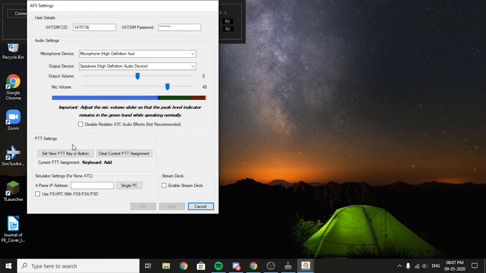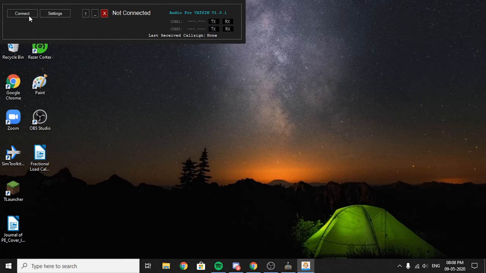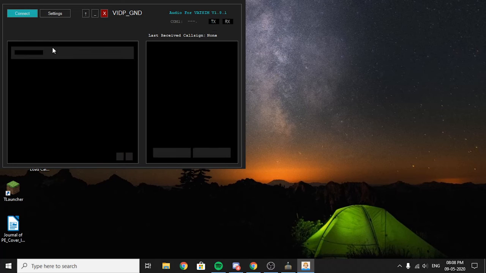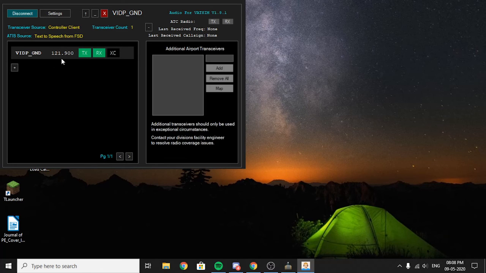Then the push to talk key, which you will be pressing to talk, leave all as it is, and click apply here. If you click connect, it will automatically fetch VIDP ground 121.9 which I have connected in VATSIM, so you should click both transmit, receive, and XC. This is what you will do in Audio for VATSIM.